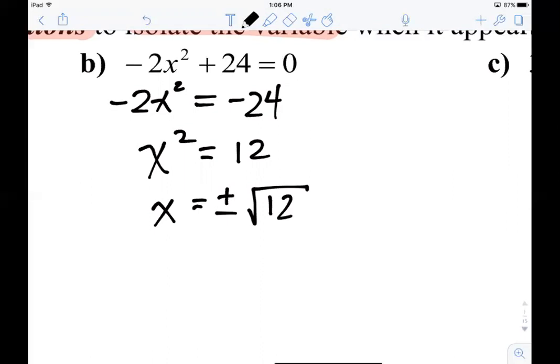So technically I found an answer here, but of course we always want our answer to be in the most simplified form we can find. So let's use the skills that we learned in our last unit to say that in a simpler way, this would really be plus or minus 2 root 3. And we want to make sure that we write it in that way rather than just writing down some decimal value, because if you remember, the decimal value that equals this would be an irrational number decimal expansion, which means its decimals would just go on infinitely. And so at some point, we would have to just round our number off. But if we write it as plus or minus 2 root 3, that is literally indicating the exact value of